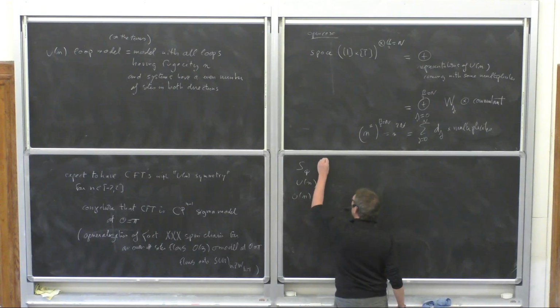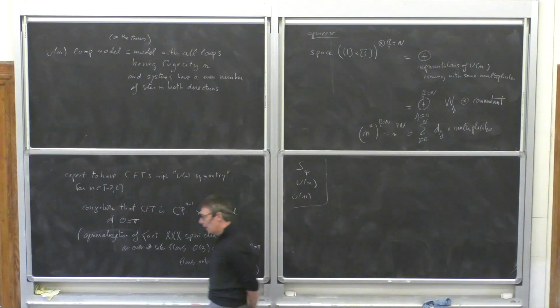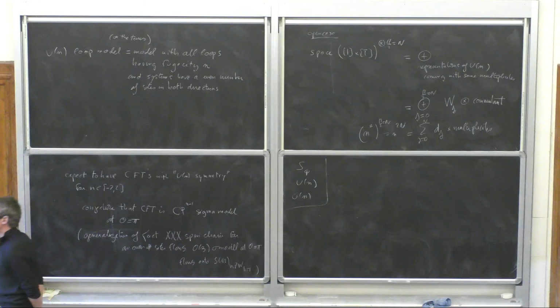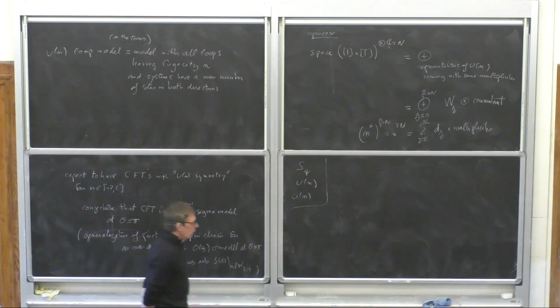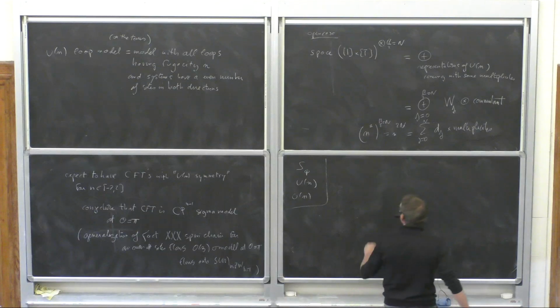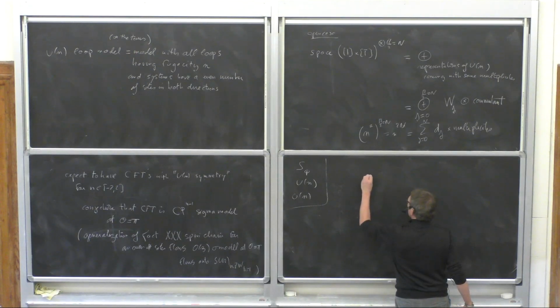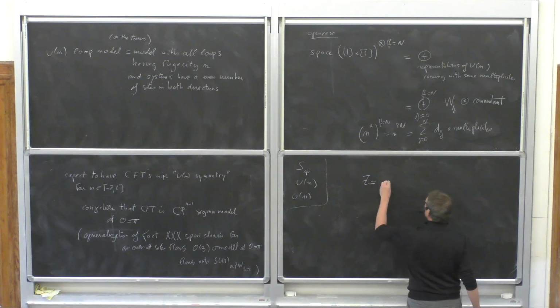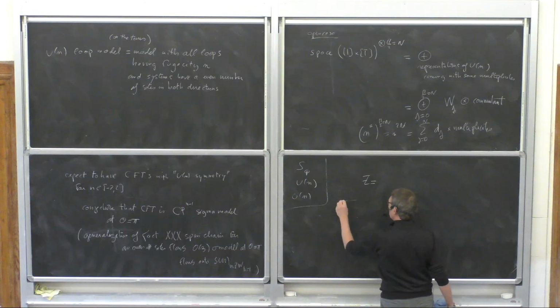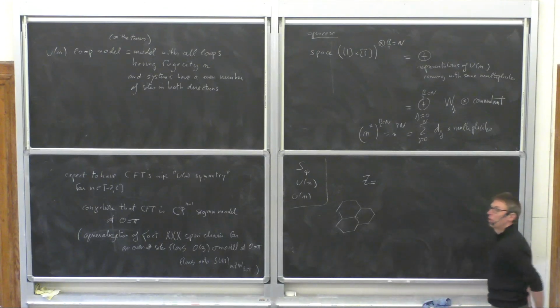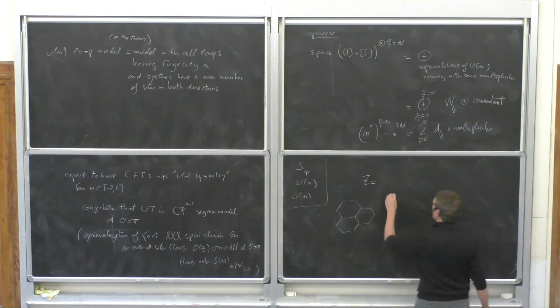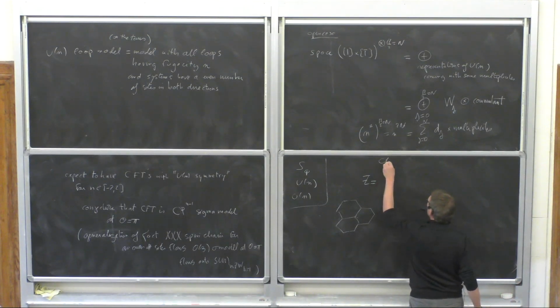Okay, so bear with me for 5 minutes. Let's go through a quick, dirty derivation of what the O(N) model could be. So the O(N) model would be a model of spins. We would take a lattice. We're going to take the honeycomb lattice because it's so cute, and then the partition function of the O(N) model